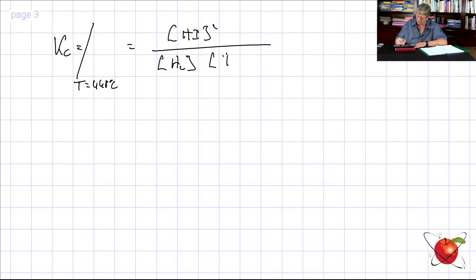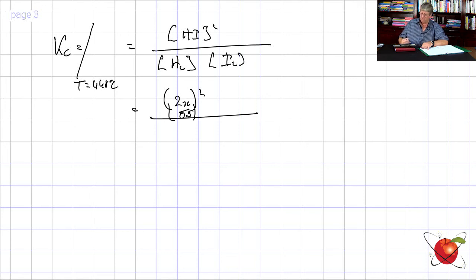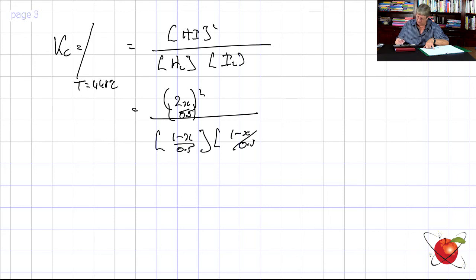I'm already thinking of ammonia, of I2, right? And I fill it in. Concentration of HI is 2x, all squared. Concentration of these guys, 2x over 0.5. Okay, sorry guys, be careful of that. I did the 2x. Always go to the concentrations when you fill in. Over 1 minus x over 0.5 times 1 minus x over 0.5. And this must be equal to